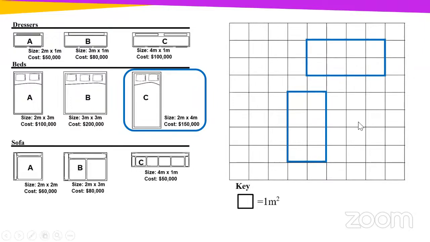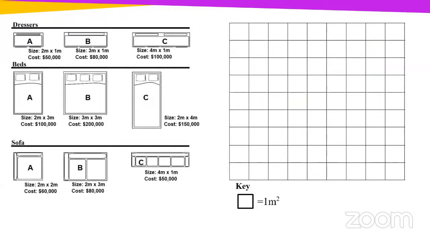Now, let's go. Can we hear what the area... oh, I went ahead and clicked too quickly. So the area of bed C would have been 8 square meters. Okay, boys and girls, so we're doing quite well. And I know that you would have some idea now how we can calculate the area of